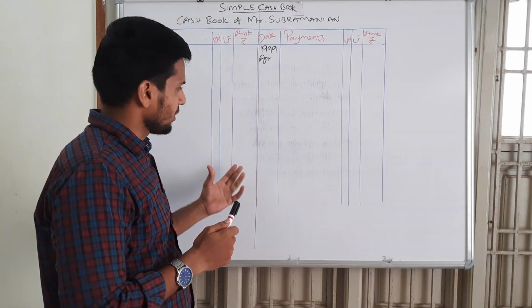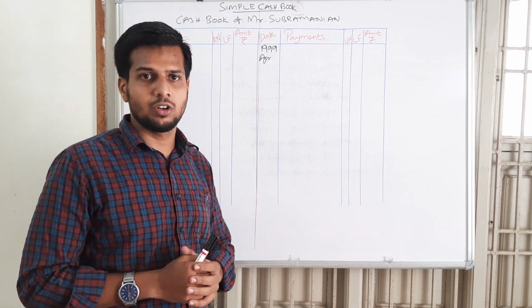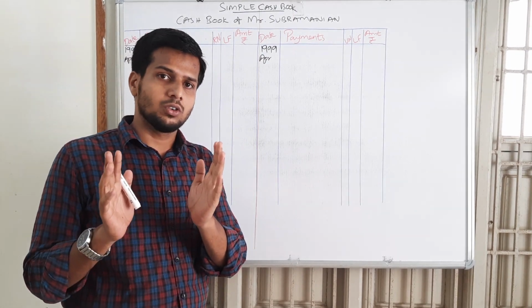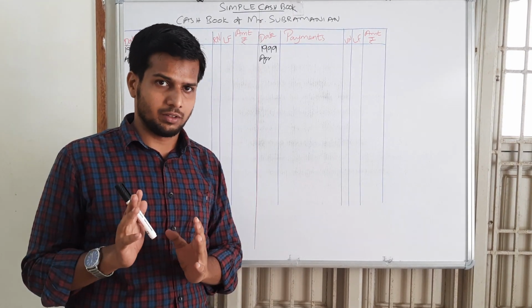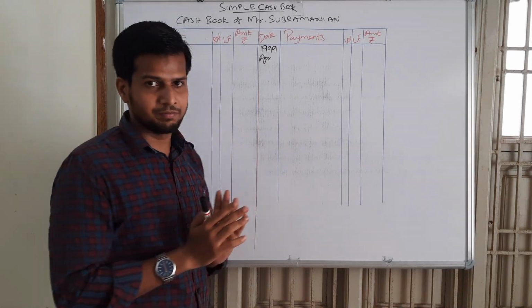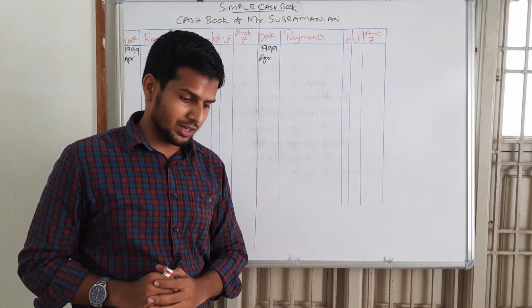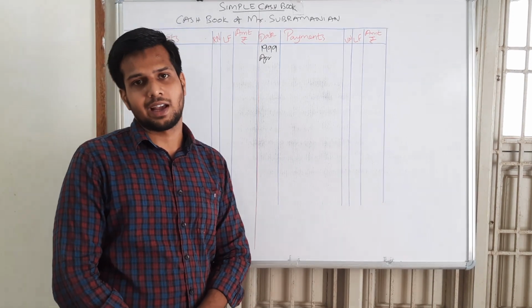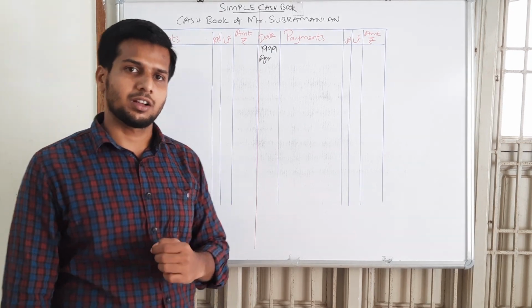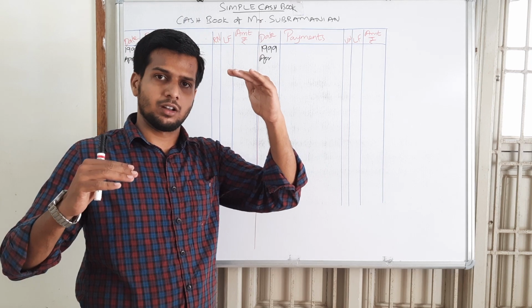So for the preparation of the cash book, or the cash ledger account, we need to go through the first journal entry. By preparing the journal entry only, we can write it easily. Okay. For example, we have the first transaction, commenced business with cash. What will be the entry for commenced business with cash? So cash account debit to capital account.